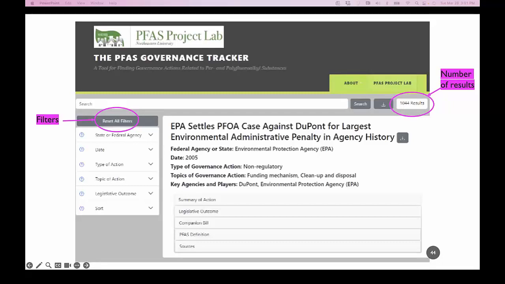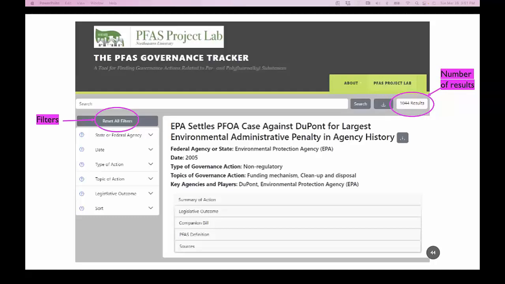For legislation, you can select particular outcomes. So you can ask for only those legislation entries that were ultimately passed. And there's a couple different categories there because legislation can be passed and signed, it can be passed and fully vetoed, it can be passed and partially vetoed. There are a few different options there. And then you can also sort, for example, by date.